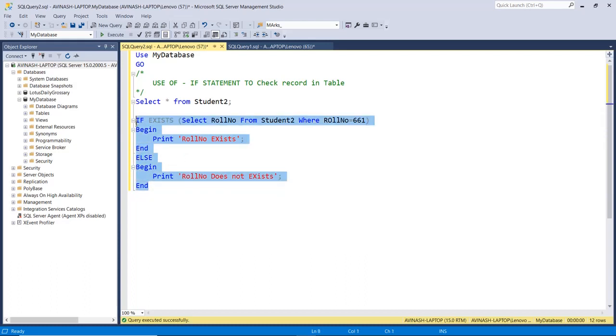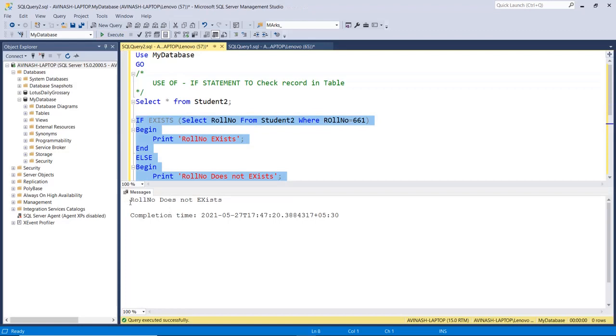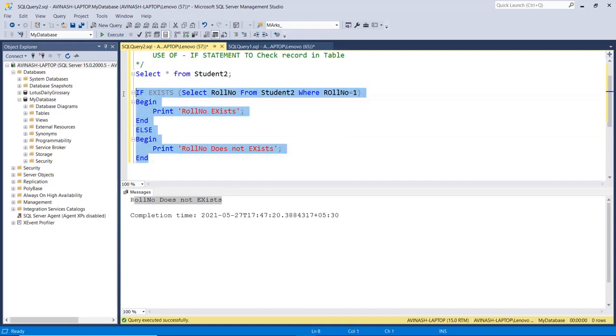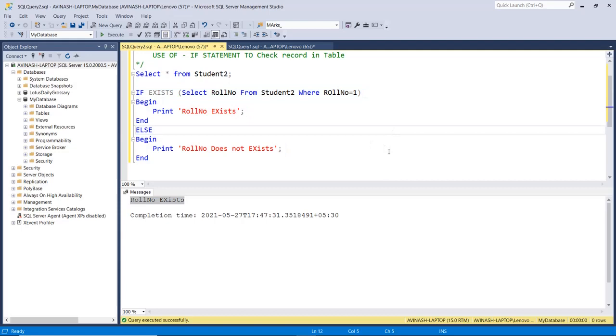Then if I execute this statement, it says roll number does not exist. If I change the roll number, say 1, then roll number exists. So this way we can use the if statement to check the data in a table.